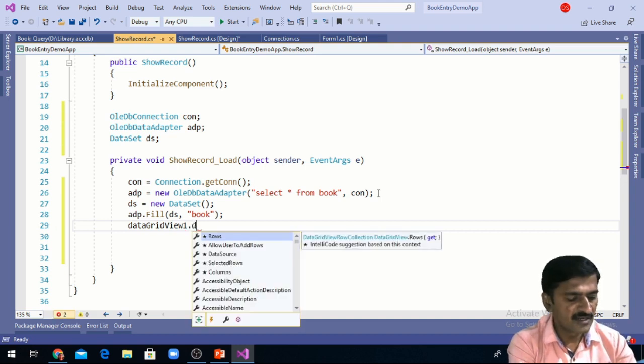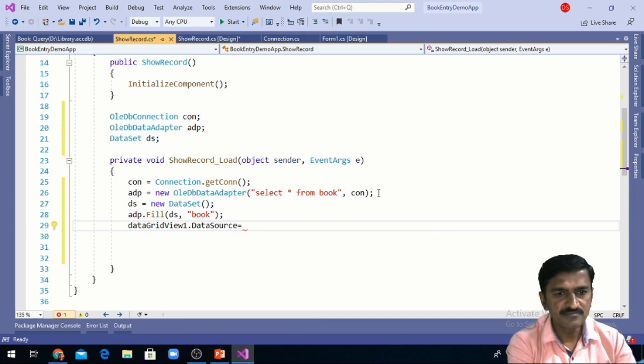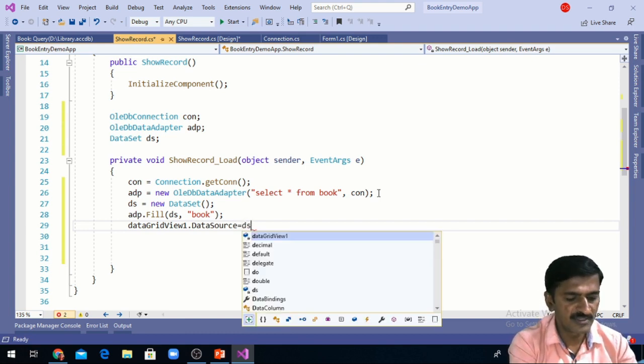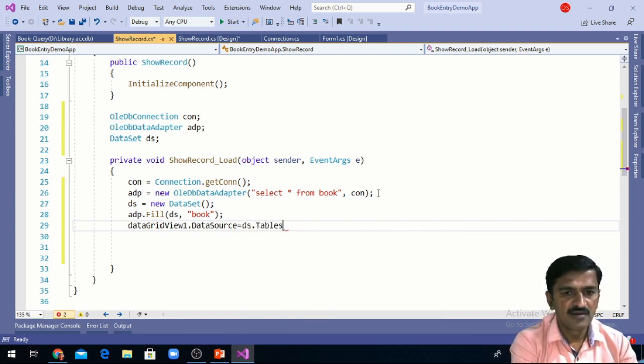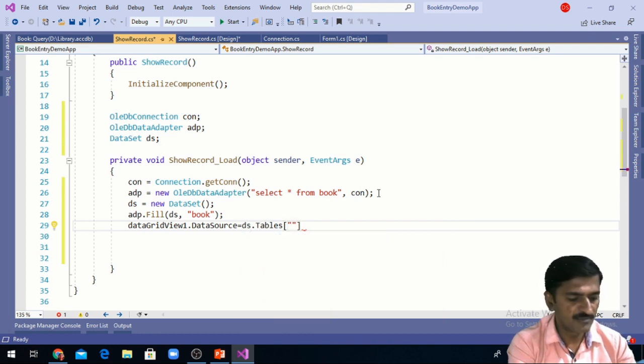The DataGridView has a DataSource property, and using it I specify the records that we selected and that are in the DataSet. I access the DataSet table, and the name of the table that we have given is book.